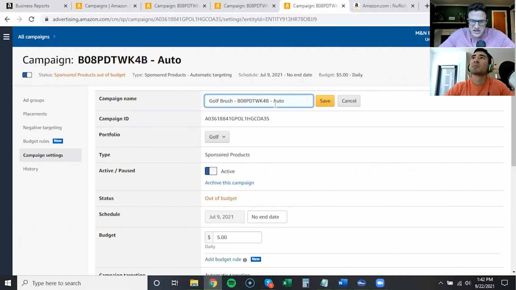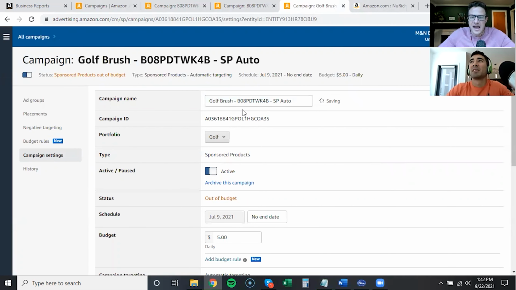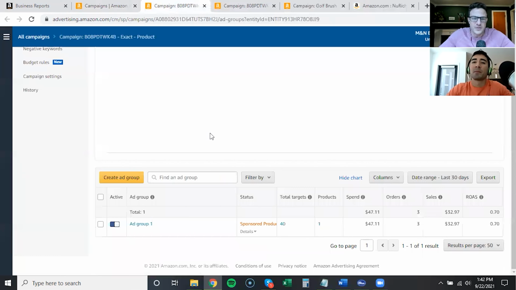And then with all of the types of campaigns that we have, SP, which is sponsored products, SB, which is sponsored brands, and SD, which is sponsored display, I always like some sort of indicator on what type of ad this is. I'm even copying Amazon right there because they say type sponsored product dash automatic targeting. I just shorthand that. So now I have a much better indicator. So if I open up the rest of these,